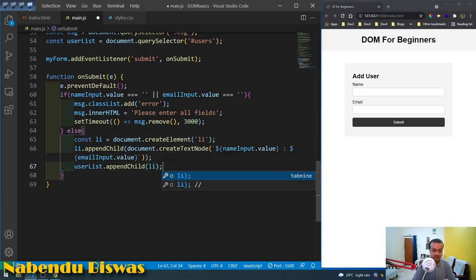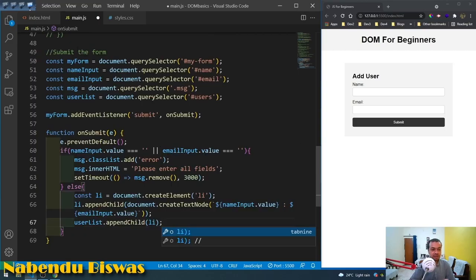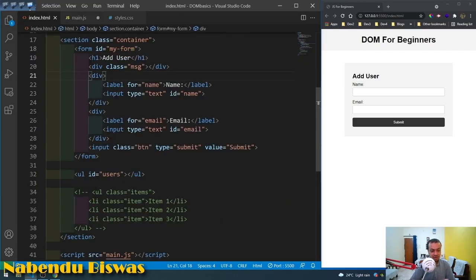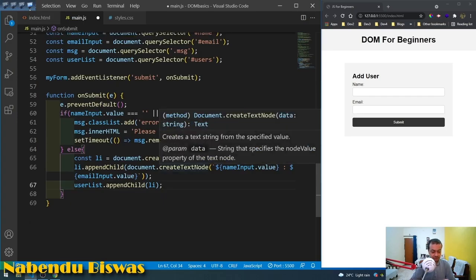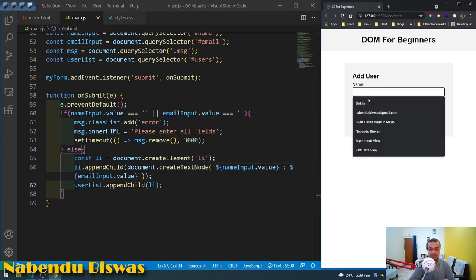So what is this user list? User list is nothing but the UL. So inside this unordered list I'm creating the li with this. Okay, list dot unordered list dot li. So let me save it, and let me give